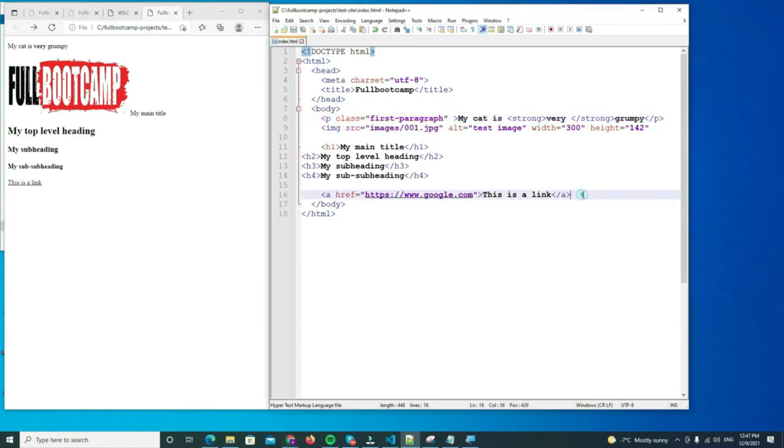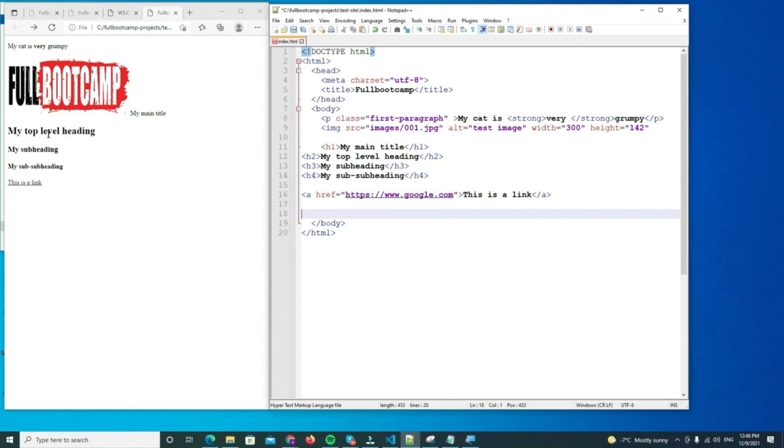Now that we have a good grasp and we know the basics of HTML, we're gonna talk about block versus inline elements. There are two important categories of elements to know in HTML. You have the block level elements and inline elements. What do we mean by that? As you can see over here, the P element, the H1 element, the H2, H3, H4, even this one, the A,